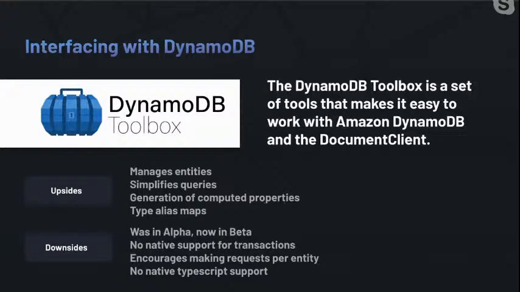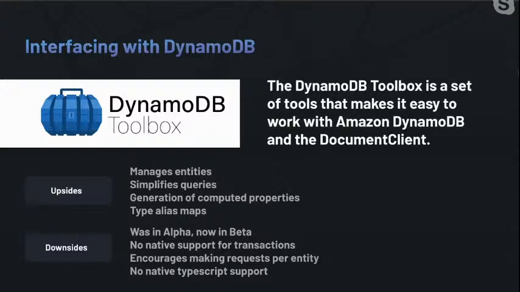It does come with some downsides though, and that was that when we first adopted it, it was still in alpha. Now it is only in beta. We've seen the API footprint change a bit, even while we've been using it, to the point where default entity names have also changed, which required us to make some changes inside of our database. It also has no native support for transactions, which we're hoping to begin utilizing. That can still be achieved because the library actually gives you low-level support to create the original request information that you can then patch into a standard transaction, but there is no magic transaction function call or any condition check